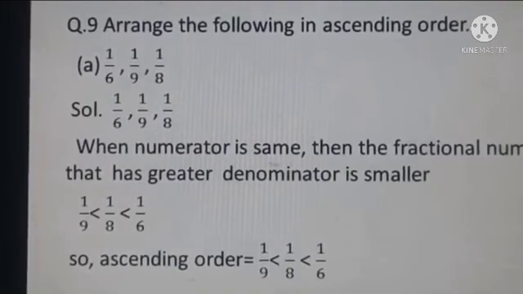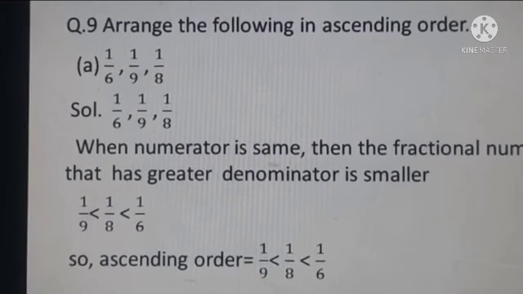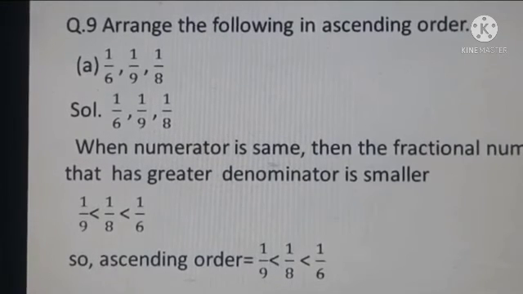you have to tell me first, do you know the meaning of ascending order and descending order? Yes, we have done it in previous chapters. Okay, then tell me ascending order. Ascending order means smaller to greater. In Hindi we will say बढ़ते क्रम में छोटे से बड़ा लिखना. And descending order means bigger to smaller, बड़े से छोटे में लिखना, घटते क्रम में. Understood? Because our 9th question is based on ascending order. Okay.